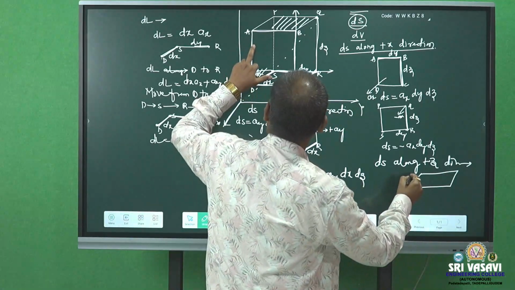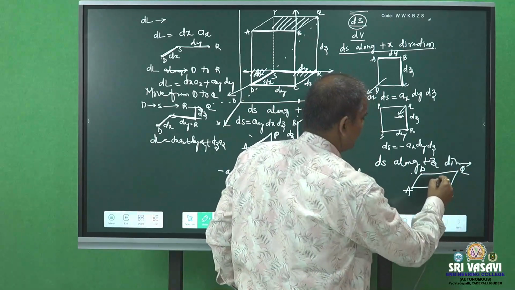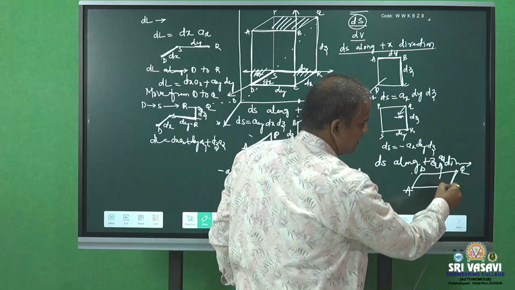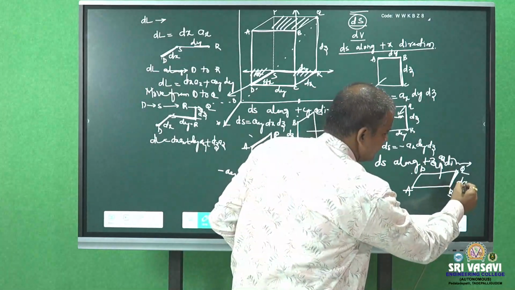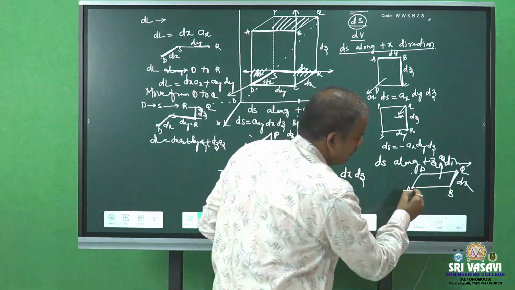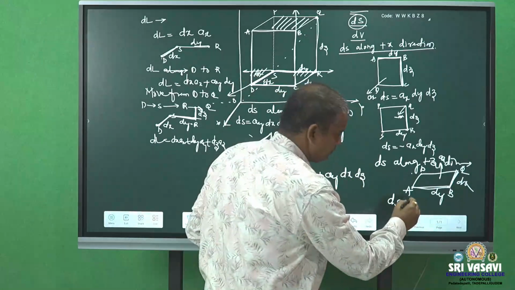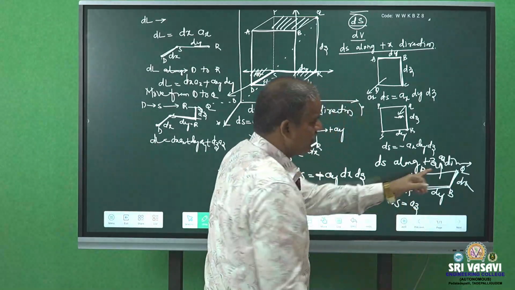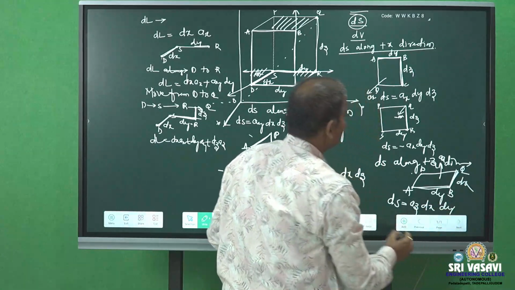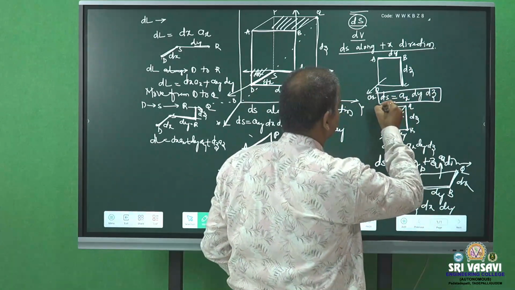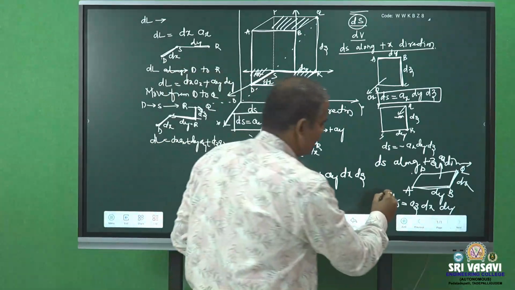So this is A, this is P, Q and B. This is towards z direction, az. This is the small length along x direction, so therefore we may write dx. This is towards y direction, therefore we may write dy. So differential surface along z direction becomes az, unit vector along the direction z, remaining parts dx and dy. So look at this, the first differential surface in x direction, differential surface in y direction, differential surface in z direction,